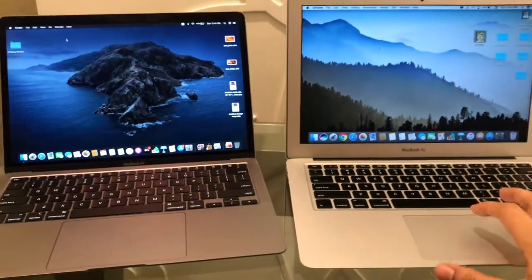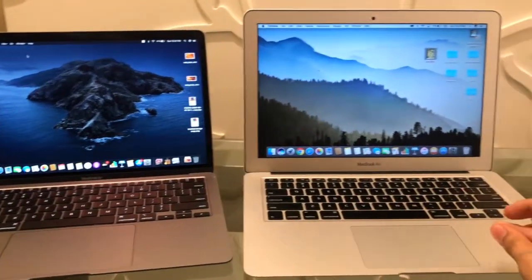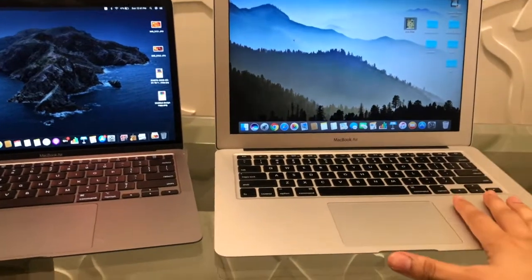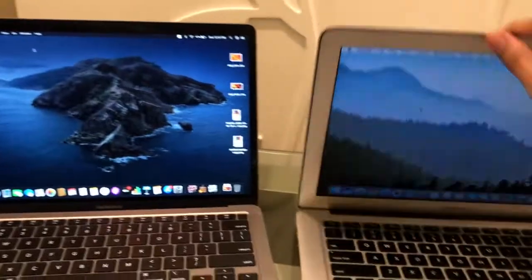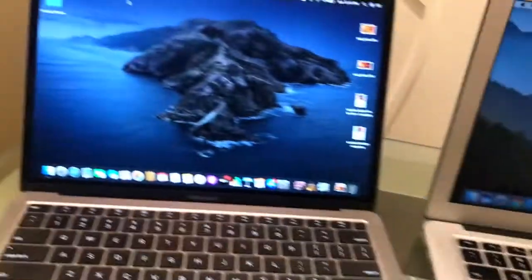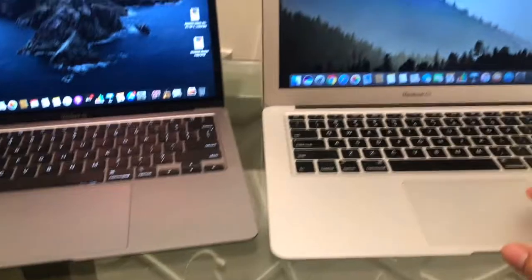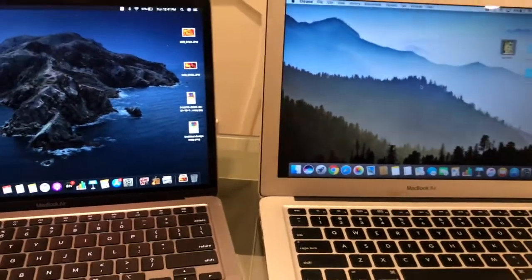In terms of size, this seems to be a bit smaller than this. And what I mostly liked about the old version was that it came with the Apple glowing light at the back of it, but this doesn't come with that glowing Apple at the back. I really like that.